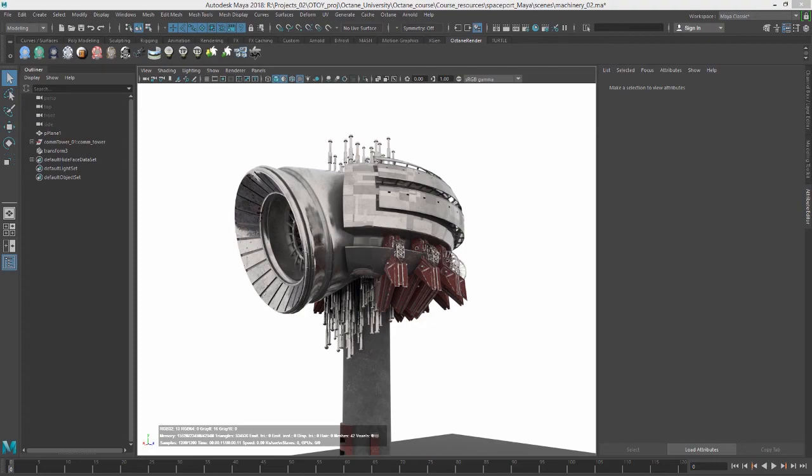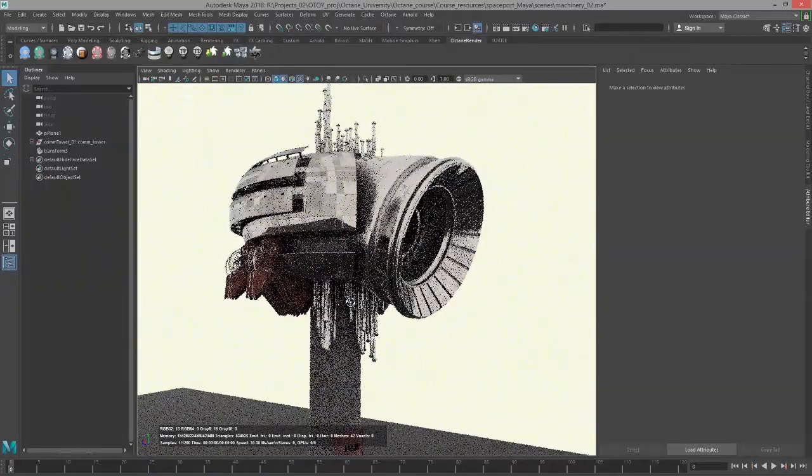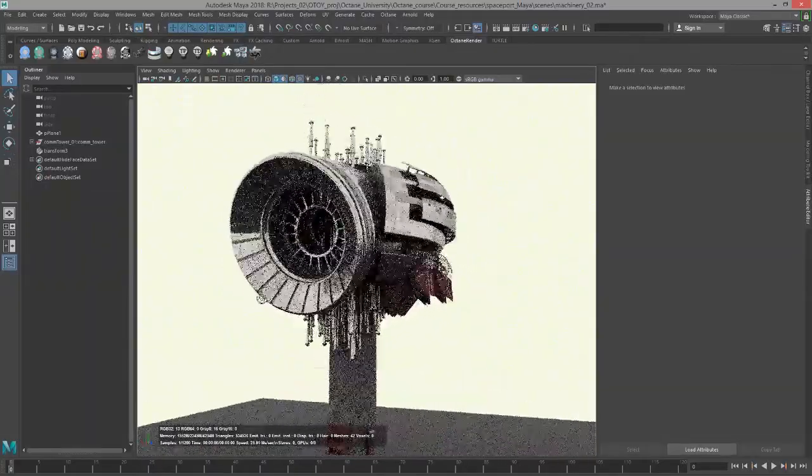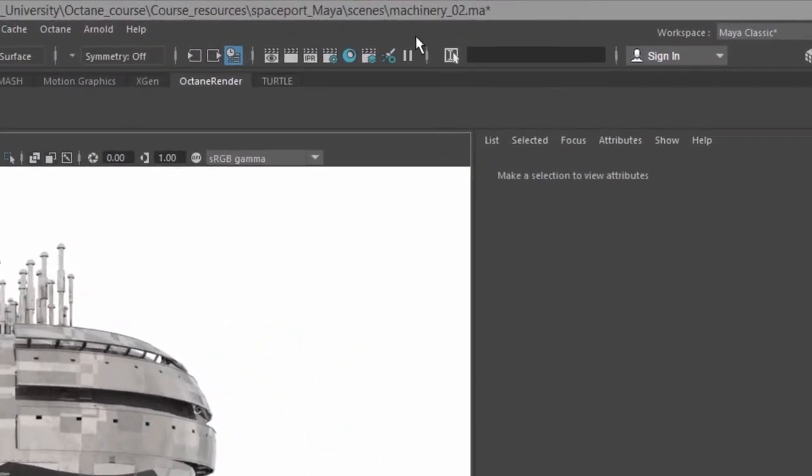In this video we're going to take a look at working with the transform nodes when working with Octane for Maya. And these nodes are primarily used for transforming textures on a surface within a material. So for this video I'm using the